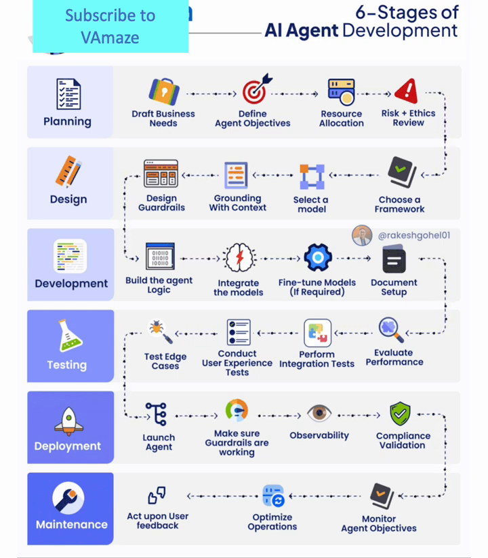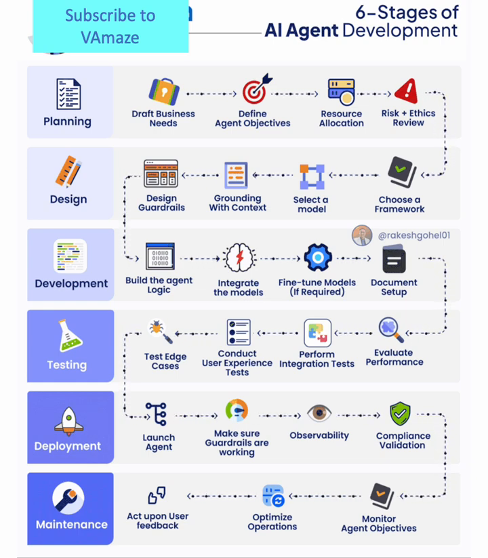Stage 4, testing, validation, and verification. Testing AI agents requires a multifaceted approach that goes beyond traditional software testing methodologies. Evaluate performance. Performance evaluation must be based on predefined metrics that align with your business objectives. This isn't just about technical performance, it's about measuring how well your agent achieves its intended business outcomes under various